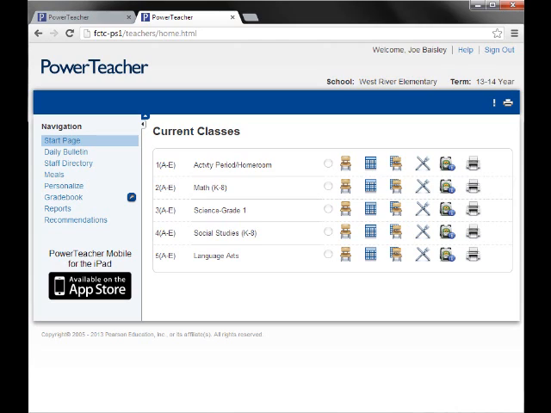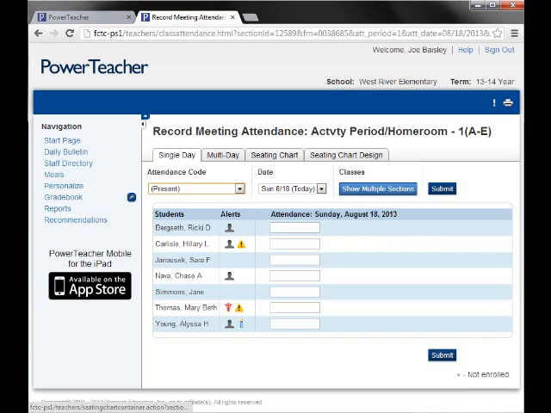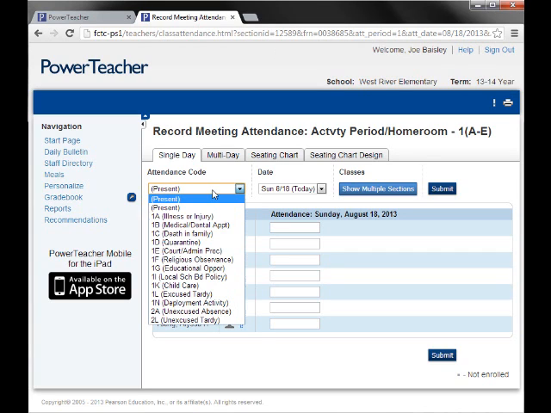There are 3 ways to take attendance. All are very simple. The first one is the little chair that's next to your class period. So, in this case, it's homeroom. When we click on the chair, we see a list of students assigned to us. It's really easy to take attendance on this screen because all you have to do is use the drop down